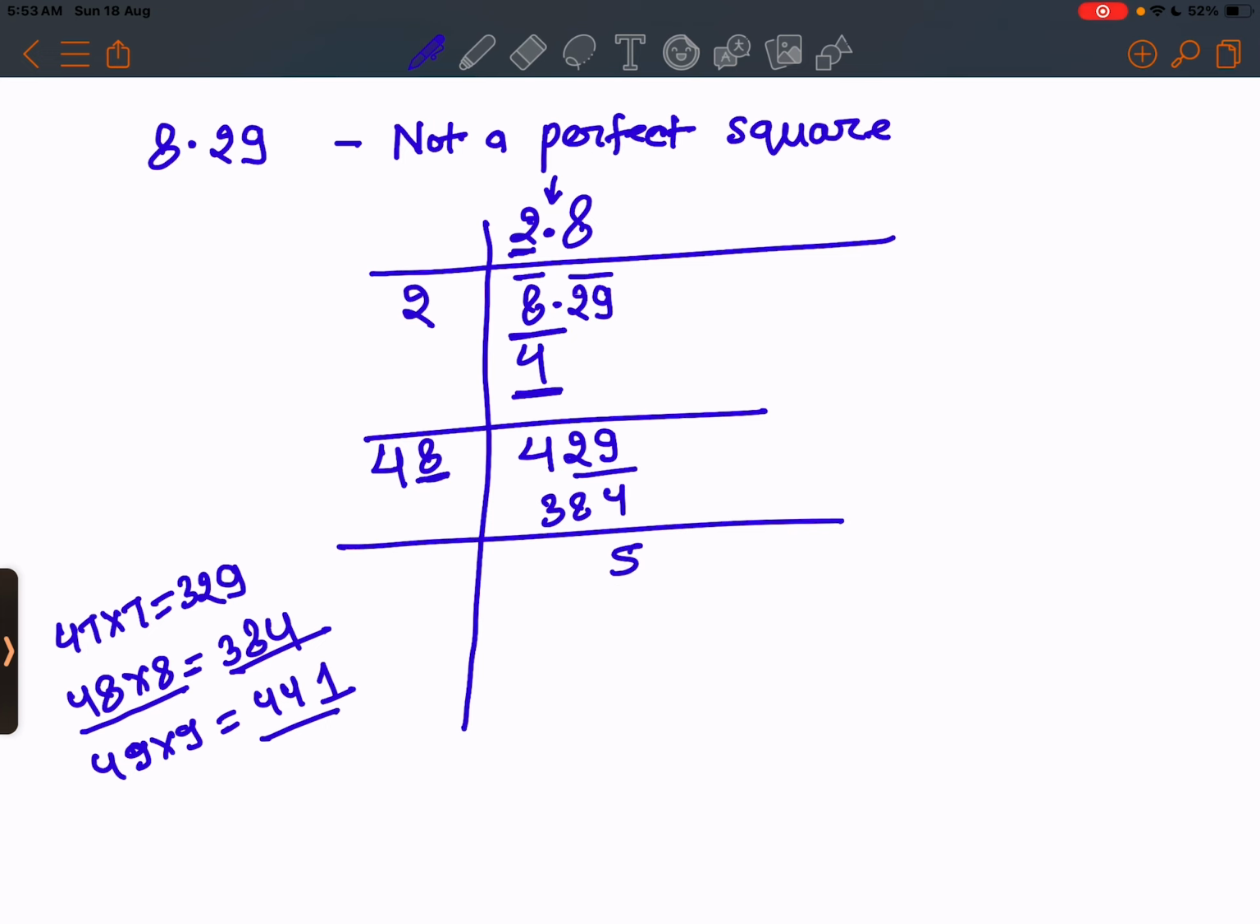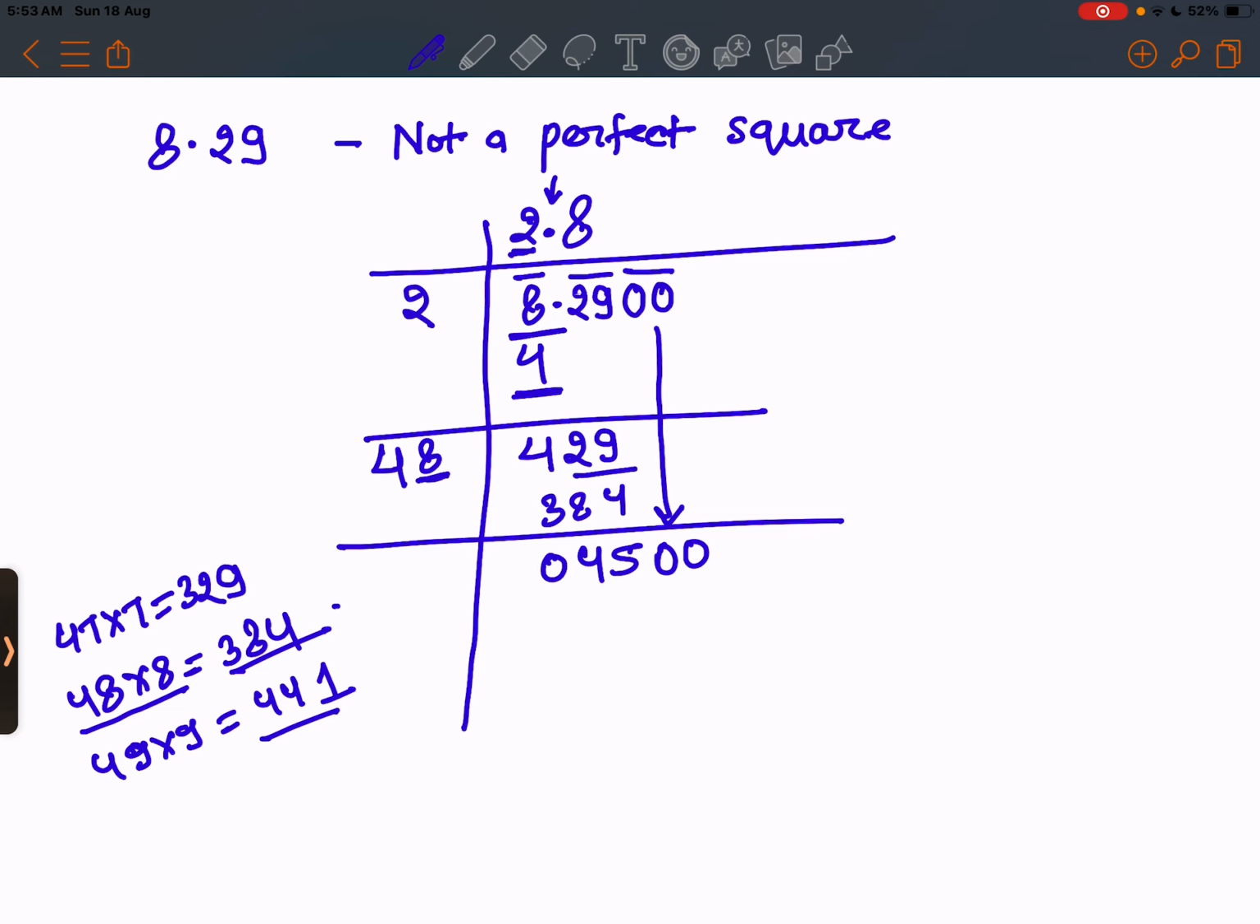9 minus 4 is 5, 12 minus 8 is 4, and 0. So 45 is the remainder. We have to find the square root up to a 2 digit or 3 digit decimal place. As there is a remainder, it is not a perfect square. So to proceed further, we have to add a pair of 0 here. Okay, so write down the paired 0 here,